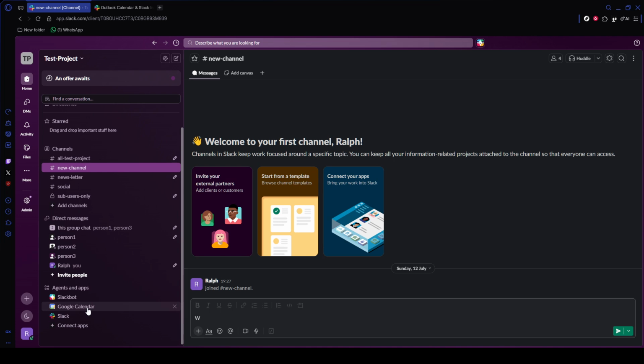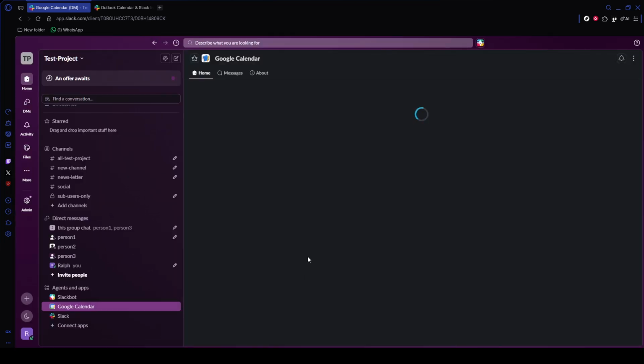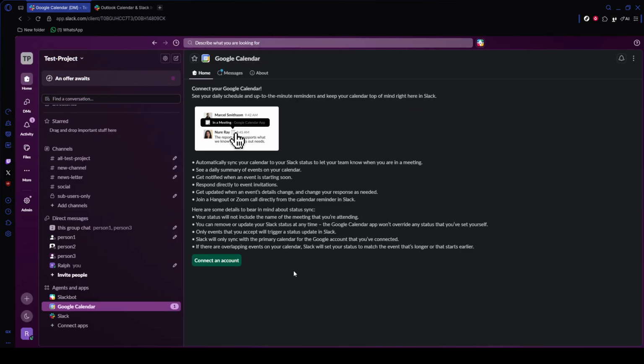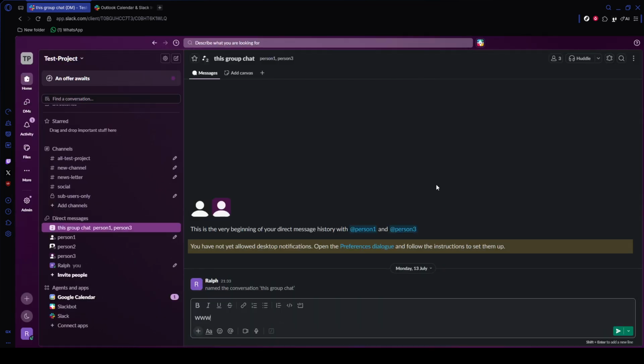The third method is incoming webhooks, which is ideal for developers or custom systems. In your browser, go to Slack's app management page and create a new app from scratch. Give it a name and choose the workspace where it will live. On the